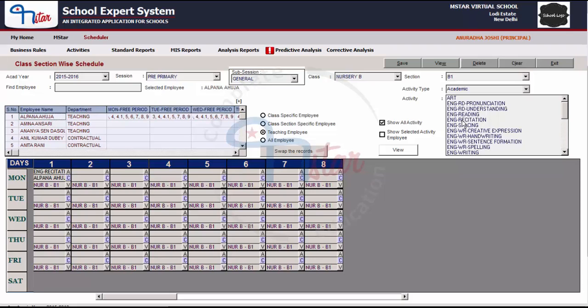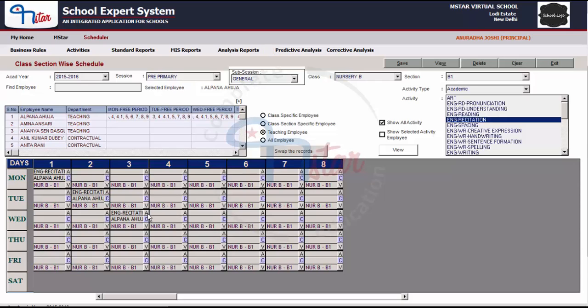Click on the subject and click on the button A on any other period and day. A in the grid means association, C in the grid means clear, and V would mean view.